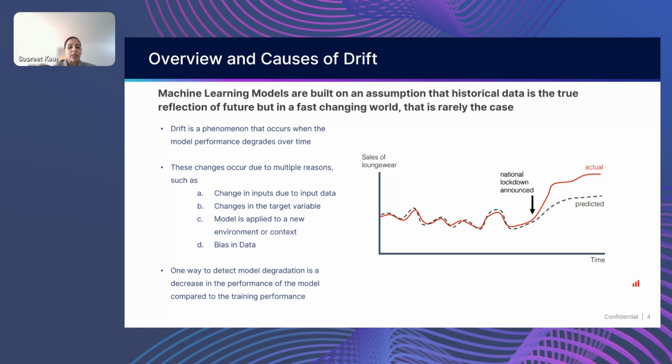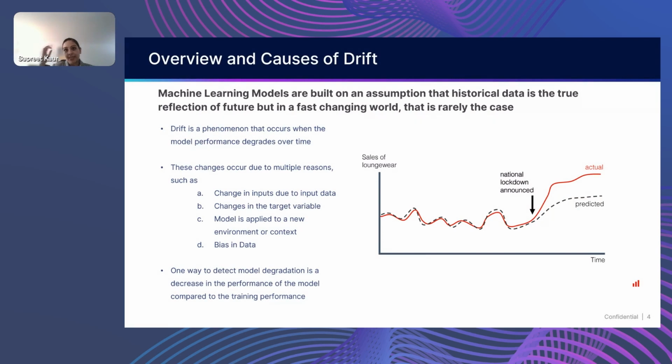Right. Another important thing is that while all of us were data scientists in 2020, we saw a drastic change in user behavior. We all started seeing people preferring loungewear over office wear, right? That was one of the biggest consumer changes. People preferred masks and sanitizer on a scale that they never did. That is also one of the causes of drift. And I'm sure you must have observed how the accuracy of your model went for a toss during that time,